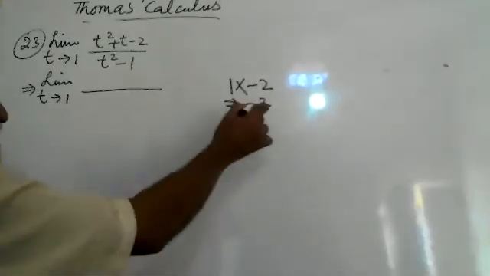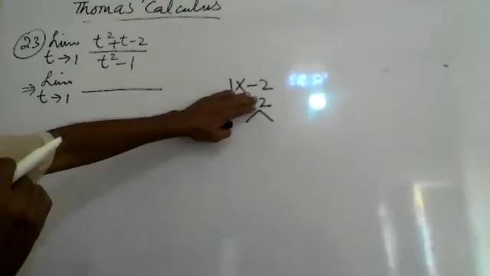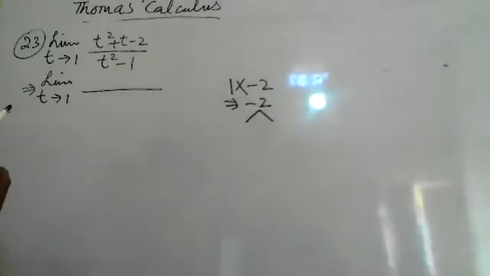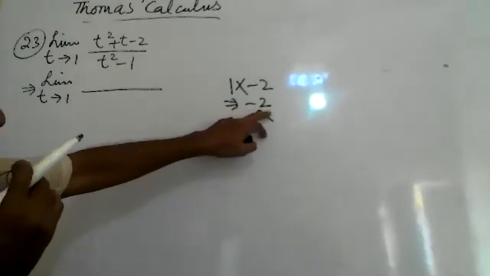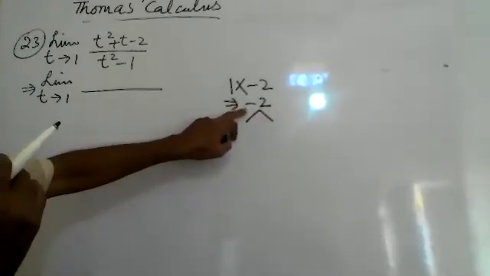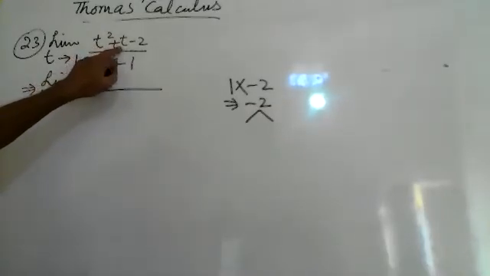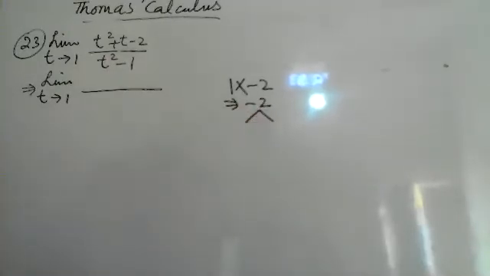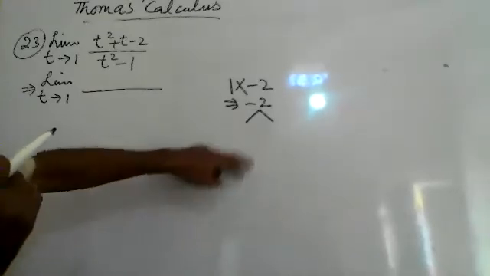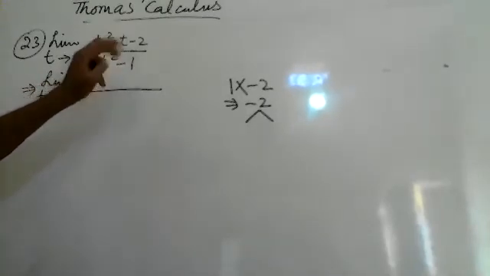Make the two factors of 2, leave the sign minus. Make the two factors of 2 such that, since there is a minus sign, we take the difference. The difference should be the coefficient of the middle term, that is 1. So we will make the two factors of number 2 so that their difference is the coefficient of the middle term, that is 1.